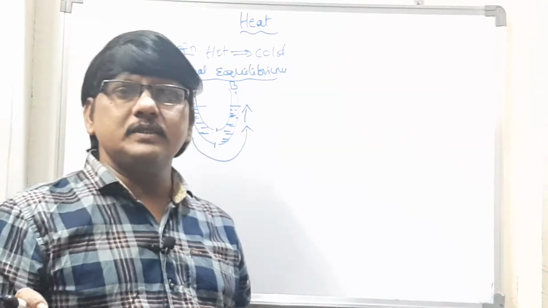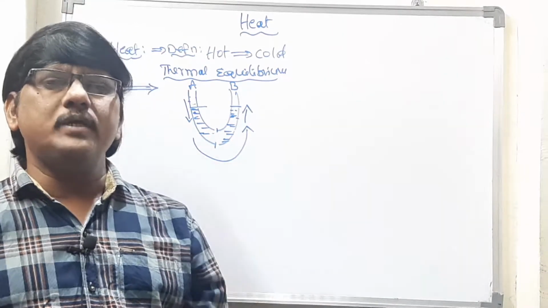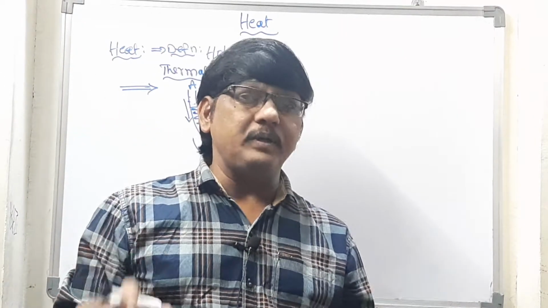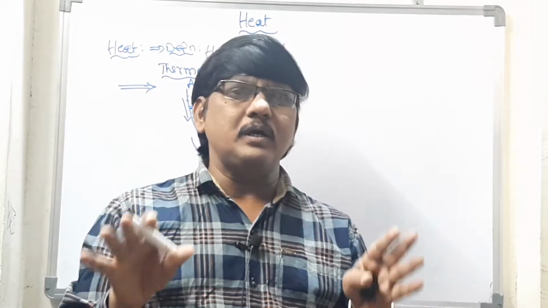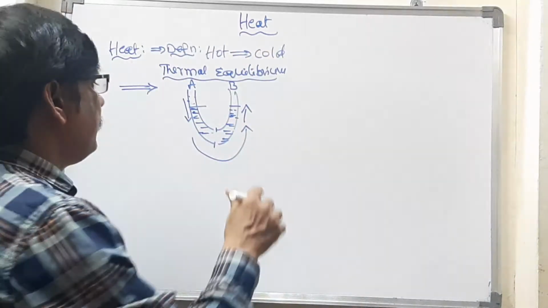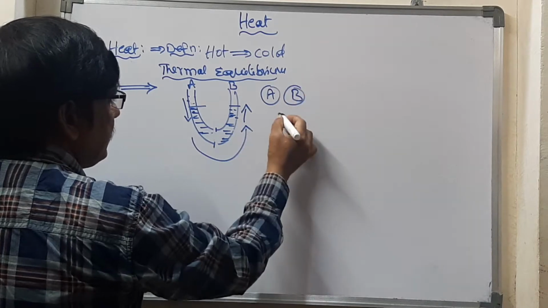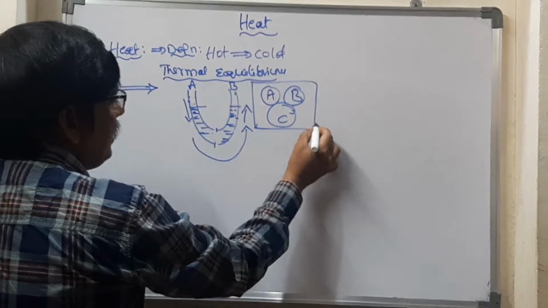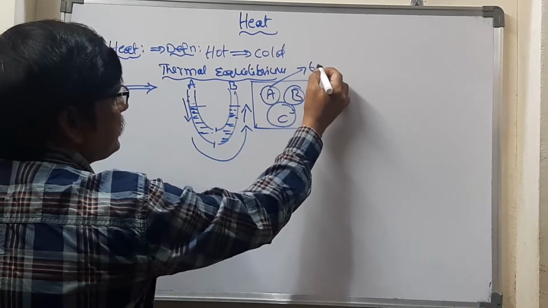Thermal equilibrium means that if there are two components, or not only two, however many components there are in the system, all those components will have the same temperature. For example, suppose one system has three components. It's a very important one. Let us assume component A, component B and component C. These are the three components of one system. Now let us take A as having 6 degrees Celsius.